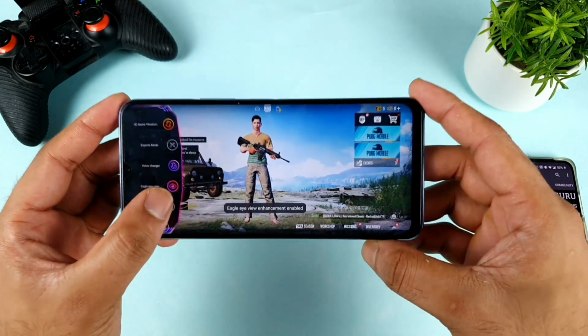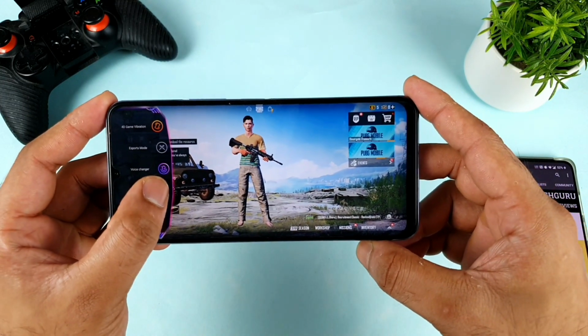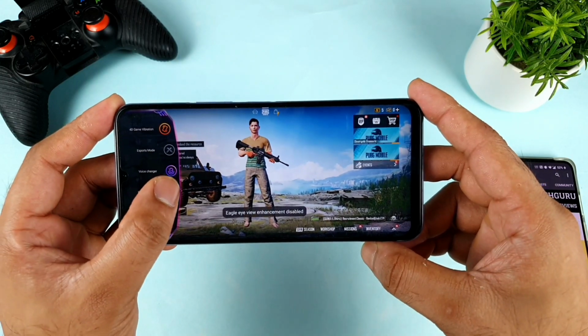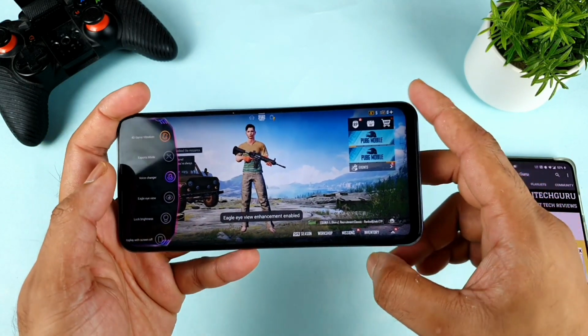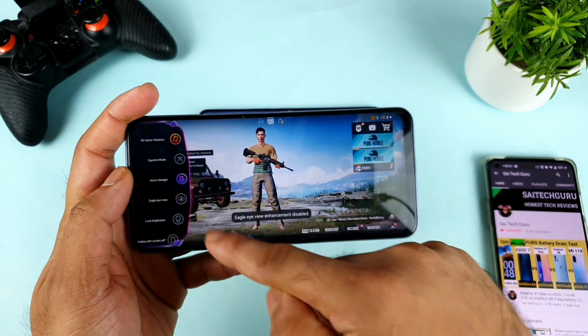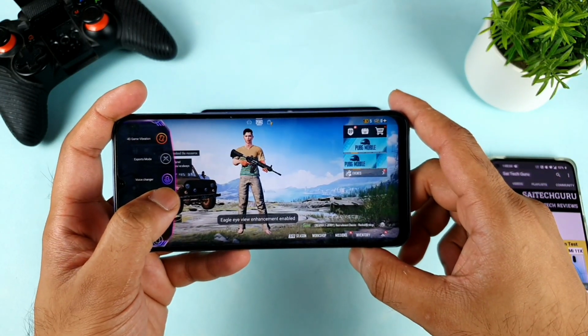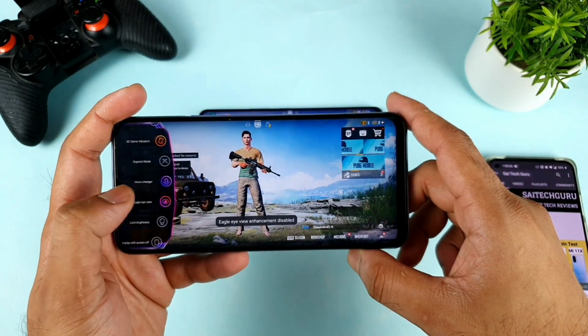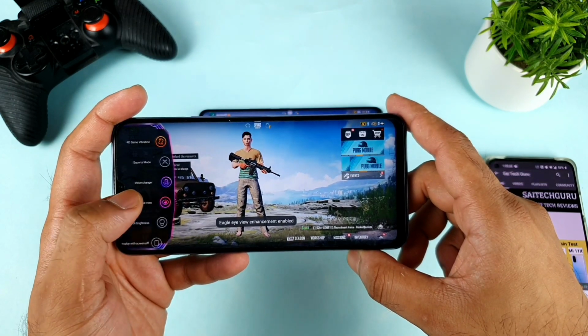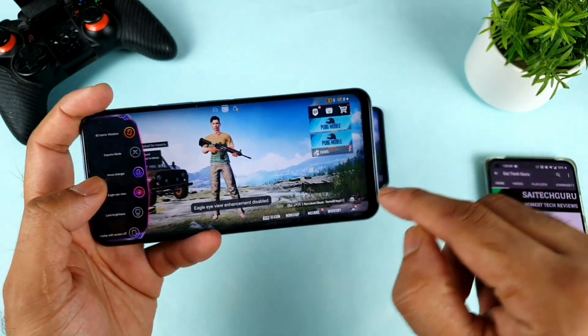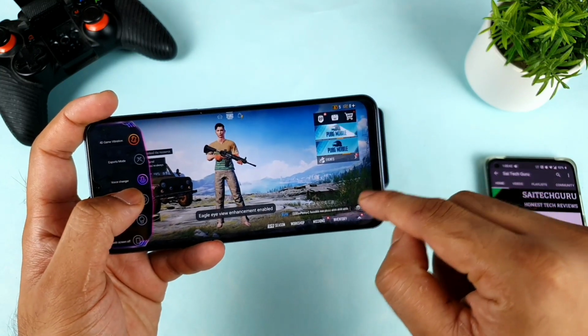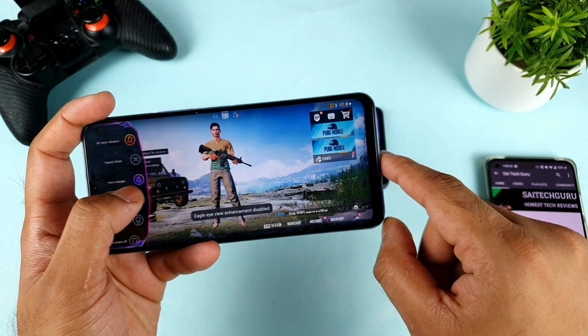As you can see here friends, the color changed a little bit and a slight enhancement has been done. As you can see, this kind of shade around the dark scenarios, particularly with and without. As you can see friends, the difference. You can also observe the colors in the grass, how they are increasing. As you can see the colors.